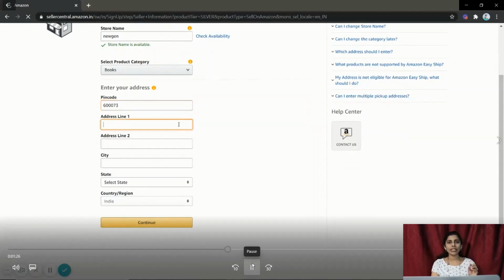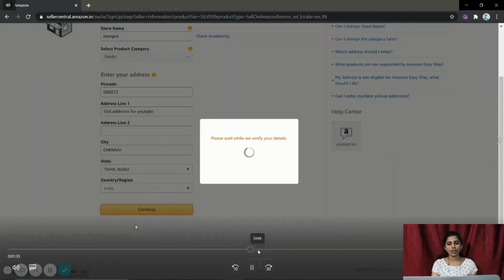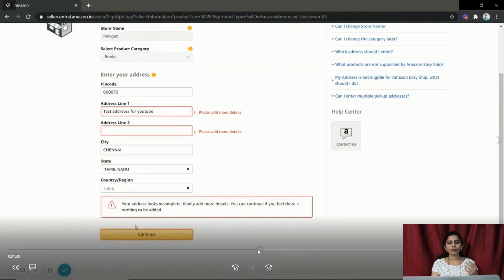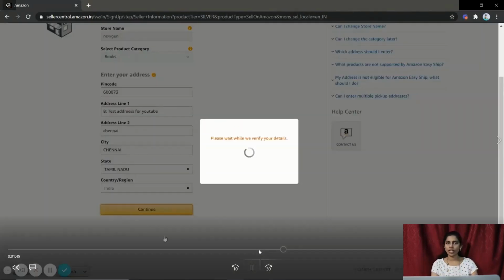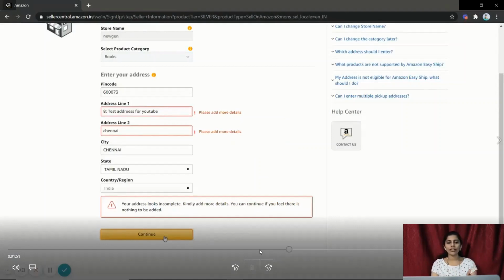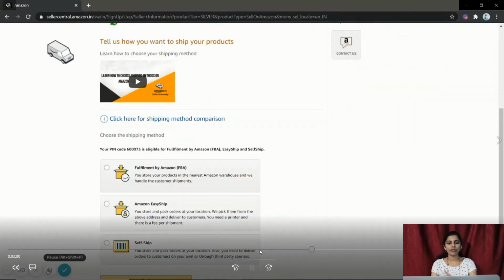In case you enter a wrong detail, it will throw you a pop-up. Now I have entered the wrong details here and it is throwing me an error. Actually this address is not proper. So make sure that you are entering the exact address. Don't make any mistake here, and there is no problem if you do make a mistake also, we can change it in the future. For security reasons, I will be pausing the video, and I have entered the address, and after entering the correct address, I have clicked on continue so that the process is working perfectly for me.